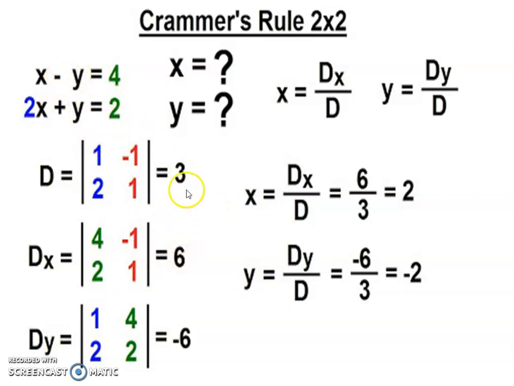In this example, we highlight the coefficients of x. It is easier to understand than the previous methods. The only trick is that first d should be written as 1 2, minus 1 1. For dx, instead of x we substitute 4 2, and minus 1 1 remain the same. For dy, instead of y we put 4 2, and 1 and 2 remain the same, and we take the value of the 2 by 2 determinant easily.